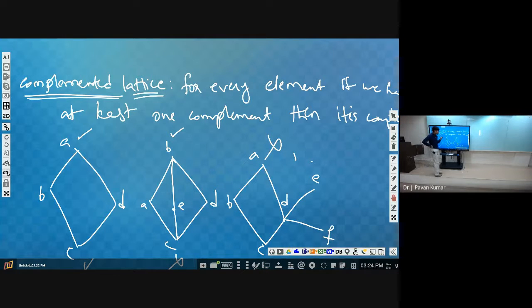Please practice more examples. Just draw some Hasse diagrams randomly. Then try to find whether each is a Boolean algebra, a distributive lattice, or a complemented lattice. Then you feel more comfortable while solving problems. Otherwise, if you try to recall things, you feel it is such a mess. Try to solve by taking many examples. What is the meet, what is the complement, how we calculate it using meet and join, then you feel comfortable.